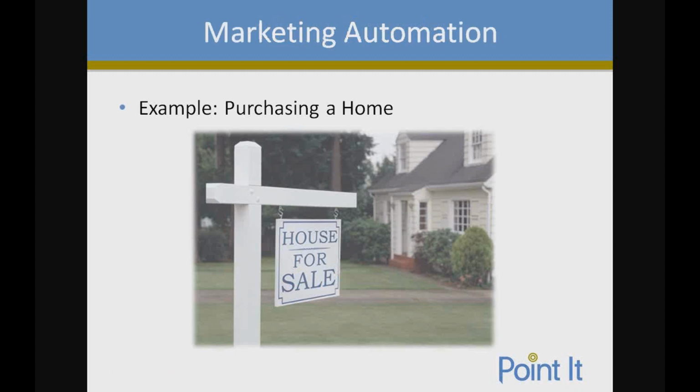Now again, this comes back to our example of purchasing a home. With a great real estate agent, you're able to trust them and you're building that rapport through the relationship of purchasing a home. When you have a great real estate agent and you're looking to move on at a different point in your life to a different home, if you've had a great relationship with them in the past, there's a really great chance that they'll come back and that they'll come back again. So by building that rapport with the prospect early on in the process, you're able to gain a customer for life.